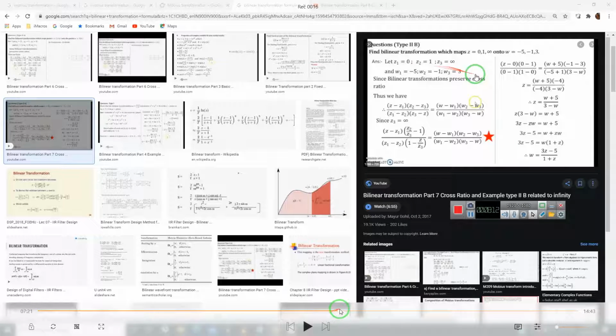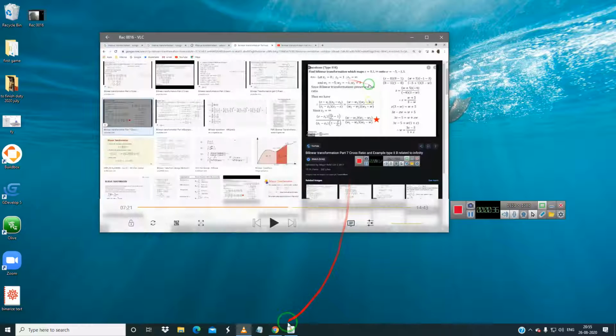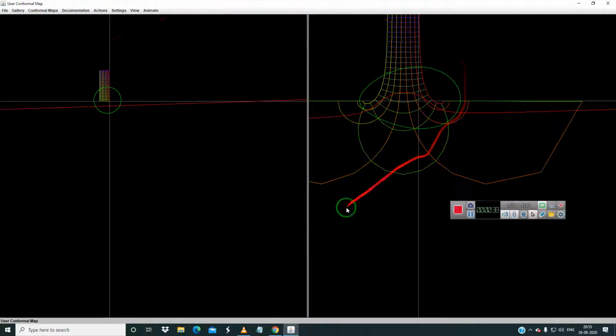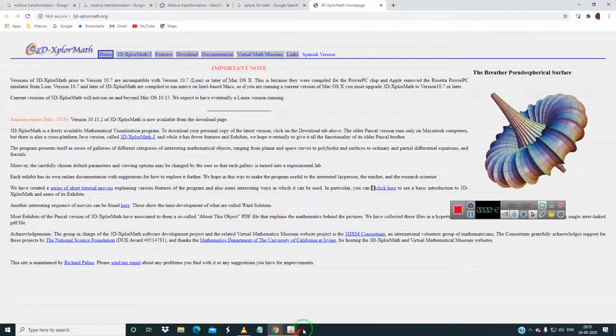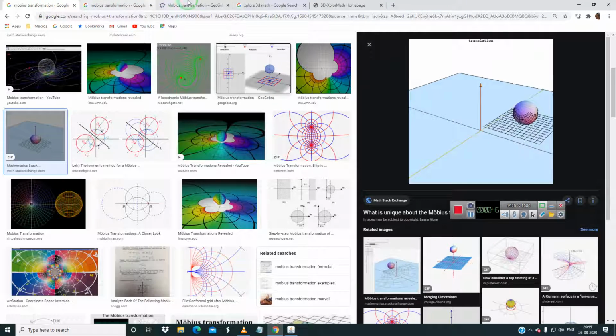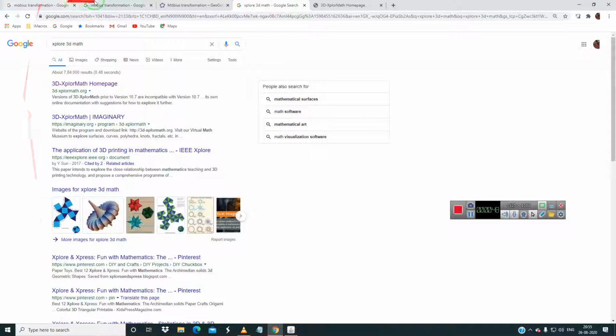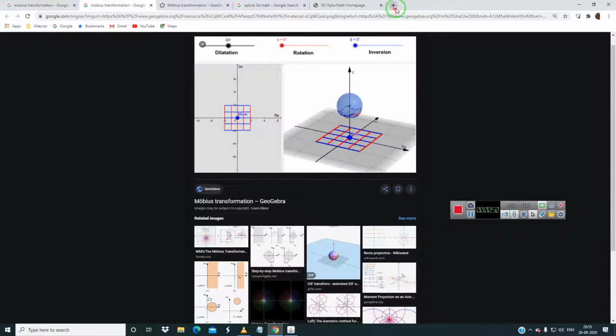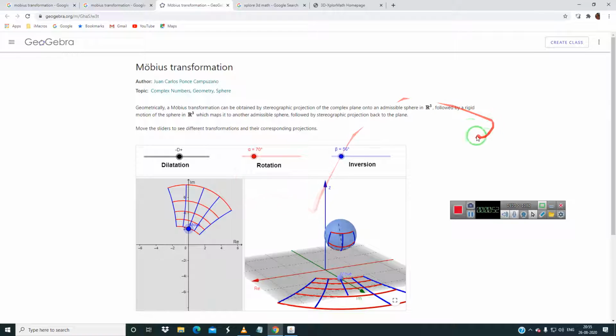So this is the plotter equation. Let me show you, and I'll show you a special function in this. For example, in this Mobius transformation, bilinear transform, this is the thing.